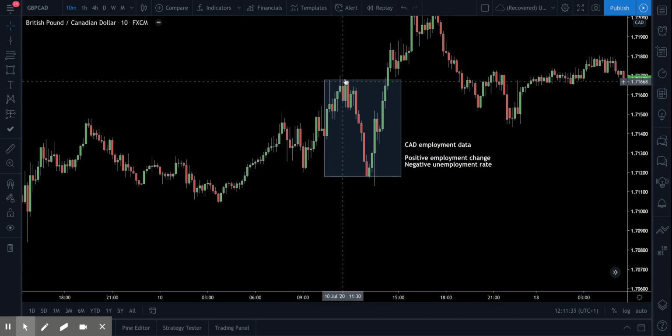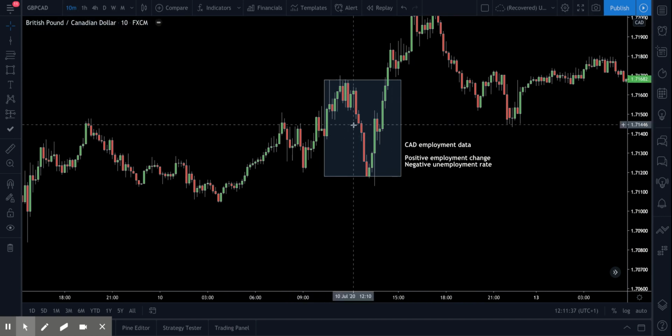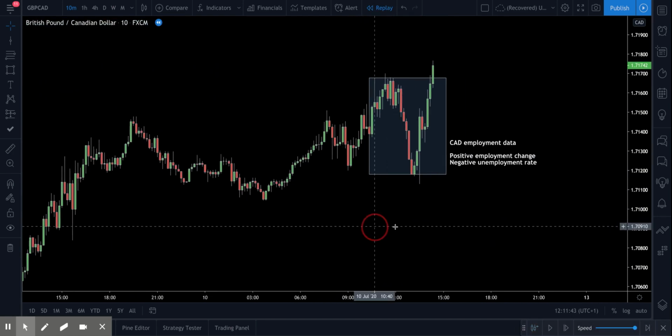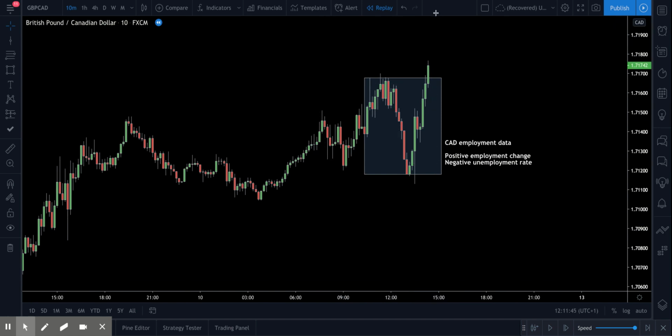Now, this on the 10-minute chart is not huge, right? This isn't going to be a huge movement, but what it is going to do is probably knock you out of positions. That's why we try to avoid trading them, because chances are, say you are long from here and you have your stop beneath this previous buy to sell kind of movement, this mixed data causing this big spike down and then a rebound up would have taken you out of your trade at a loss, or there's a risk of that happening.